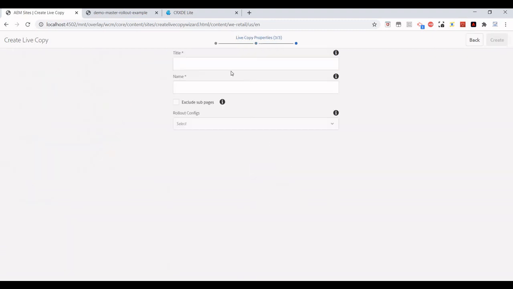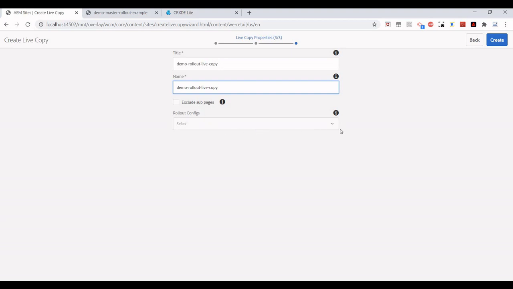I will click on next and give it a name, maybe demo rollout live copy. I'm going to paste the same name here, and I can include or exclude subpages, that's fine.